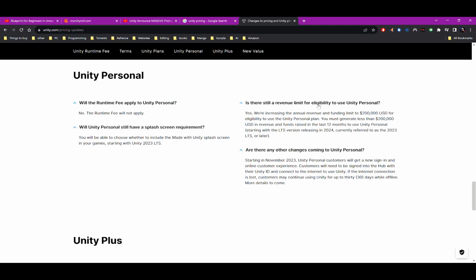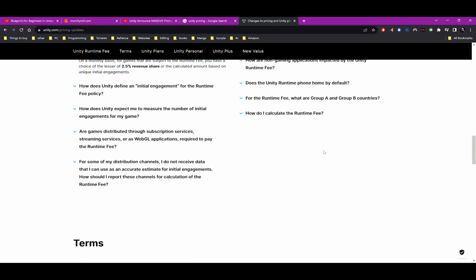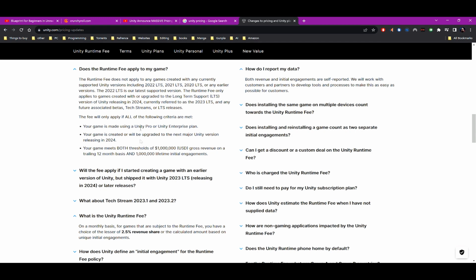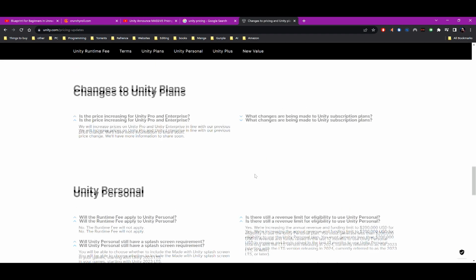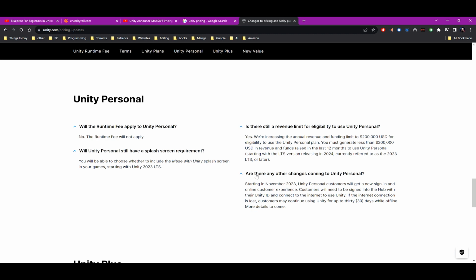Now this right here is just explaining the new revenue fee. Another thing they did that I like, they said it's not applying to previously existing games. So if you're using the long-term version right now, these are the long-standing versions that it won't apply to. Yeah, and they said it will apply to games using the long-standing version in 2024, which I think is pretty good. And you also have to meet the requirements. So they basically removed it so it won't apply to past games that are already made or games that are already in development.